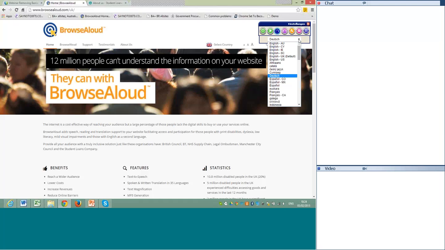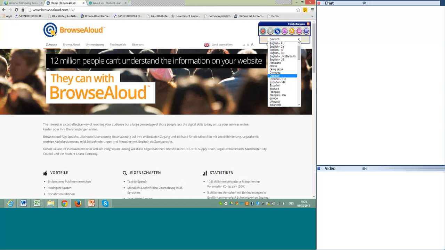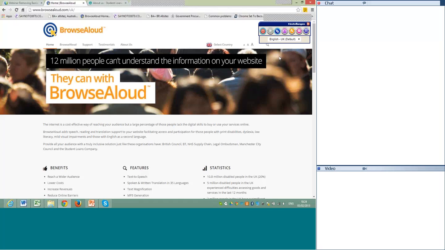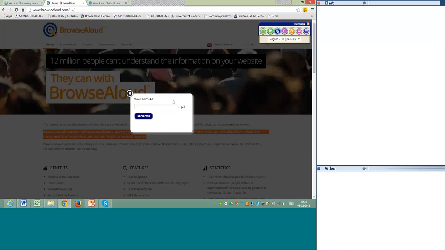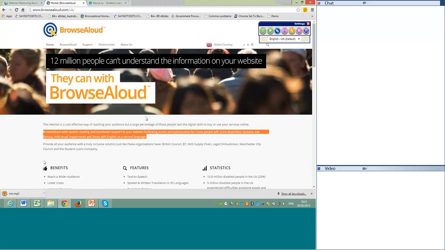So to use the MP3, I would highlight the area of text that I want to listen to, simply press the button and give it a name, and that then generates the MP3.